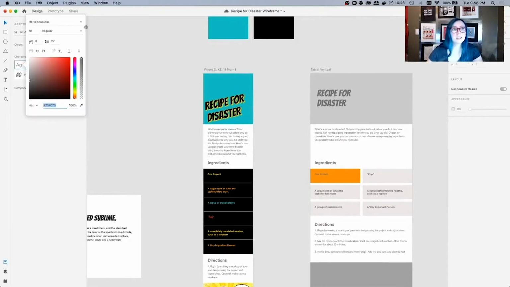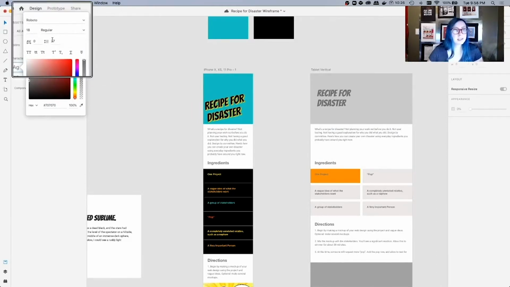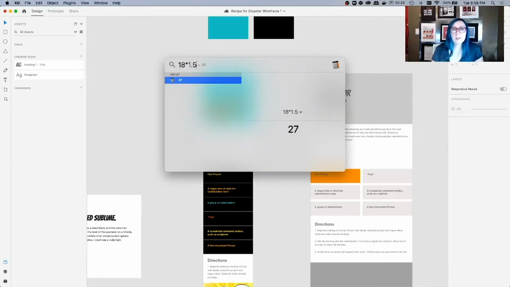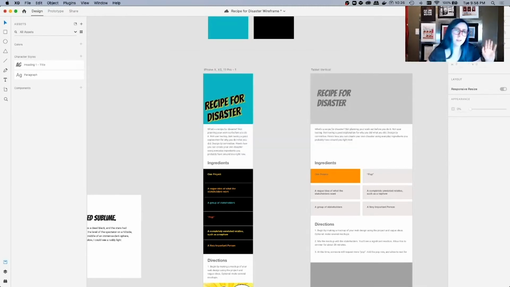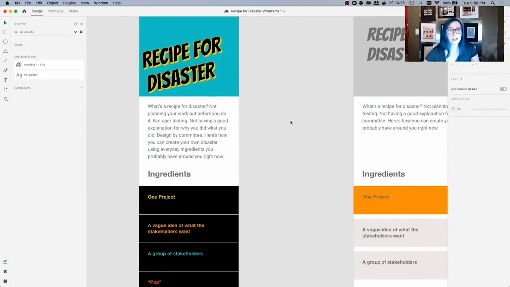So here we're going to edit. Remember that I wanted to do Roboto. I'm going to keep it at 18. That's a good base font size. This is the line height here, 27. Now I like to set my body copy around 1.5 times the font size. So let's see what 18 times 1.5 is. Oh, 27. Perfect. Adobe's got it all covered for me. You don't have to change that at all. And now you'll see that each of these paragraphs is using Roboto. So we're in great shape.